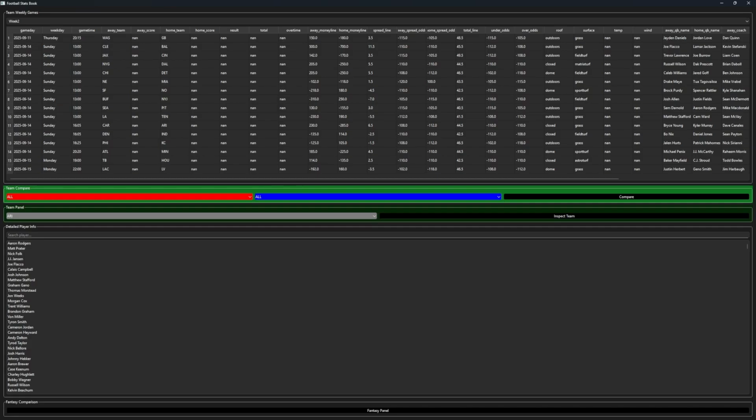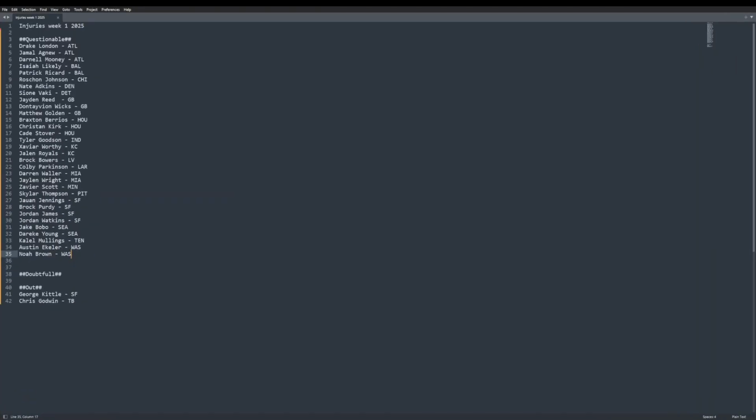I also had a hard time getting all the data, so I had to import the data from a different source in a different way. So I do still have it, but I just don't have enough time to go through all of it in detail. I tried to grab the injury report, which I should also be able to get automatically from this tool, but it just wasn't available. I went and grabbed the information from ESPN and I just took note of it. So this is the injury report that I managed to grab.